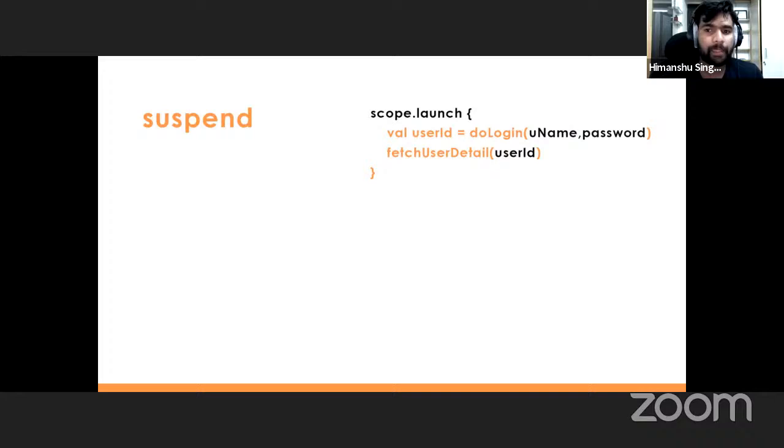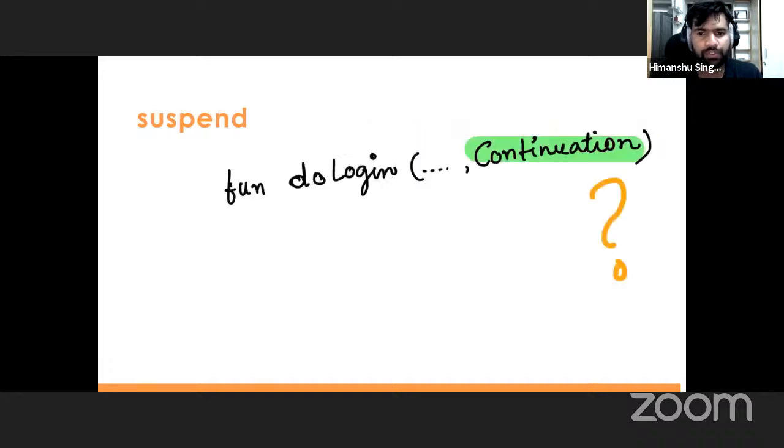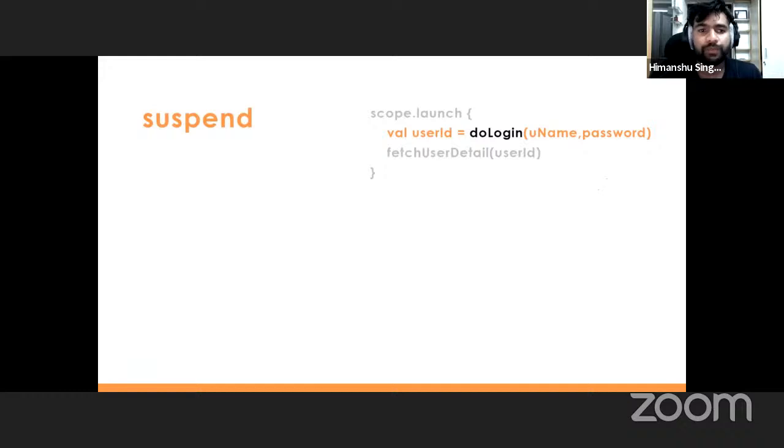So this was the thing which we were doing, right? Inside a launch function, we were calling do login. We were getting a user ID, and that user ID we were passing to fetch user detail, right? Inside that whole launch, in the scope. So when we did this login, it didn't run on the main thread. It was running inside the container scope, which we specified, right? So what does this suspend function actually do for us? If you notice it very clearly,